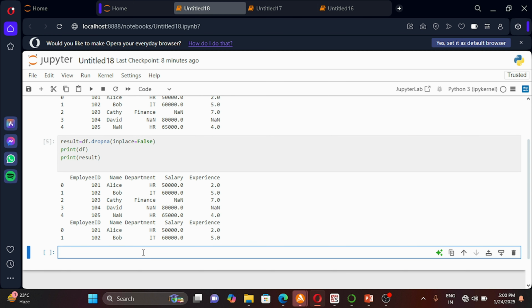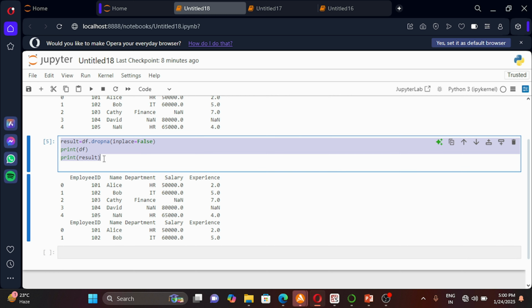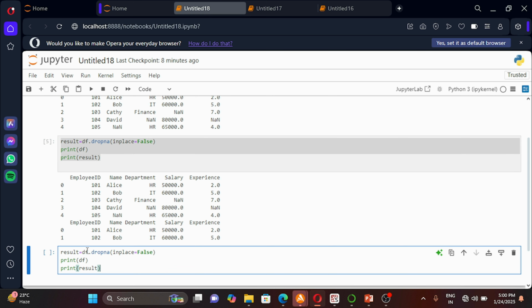Now I'm going to use inplace equal to True. Let me just copy it back. For inplace equal to True, I'm not going to assign any variable. We will talk about this in our next scenario. So right now I'm simply using inplace equal to True, and I'm just going to print df. Let me show you here.